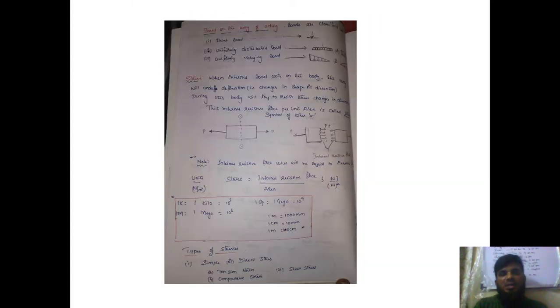Based upon the way they are acting, the other types of loads include the point load, which depends on the point where it is acting. We will see this again with diagrams. If there is a surface like this, and the load is acting exactly at some point, for example your weight or normal reaction forces, that is a point load.